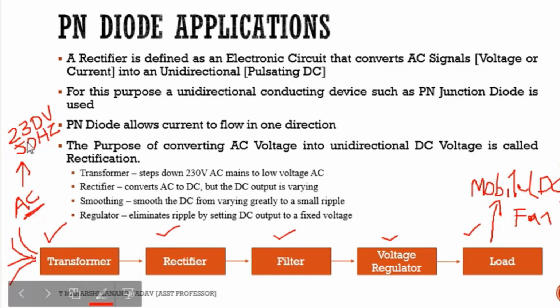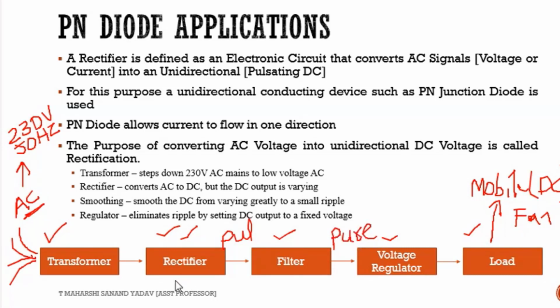First, this is the voltage received by the transformer. Next, you know about the rectifier. Can anyone tell me the definition of a rectifier? It converts AC to pulsating DC. Good, you need to remember this: pulsating DC. After using a filter, it turns into the pure form of DC.